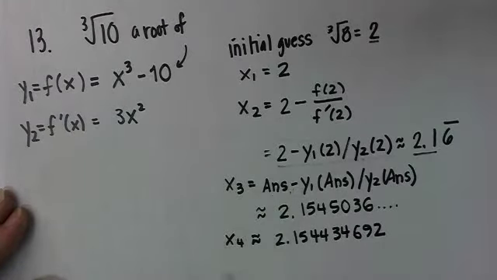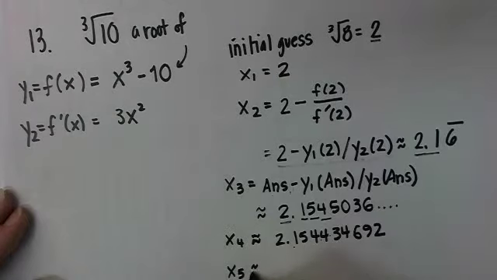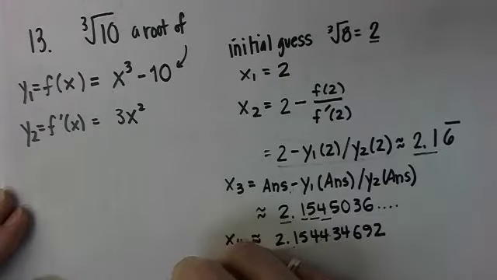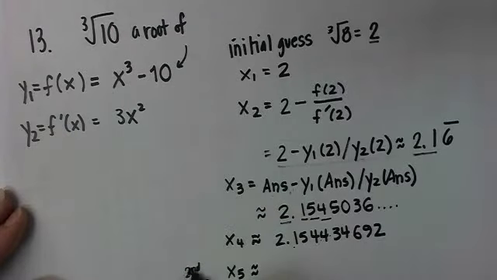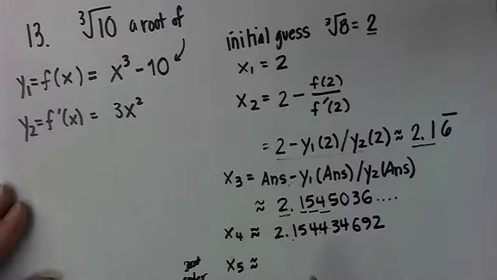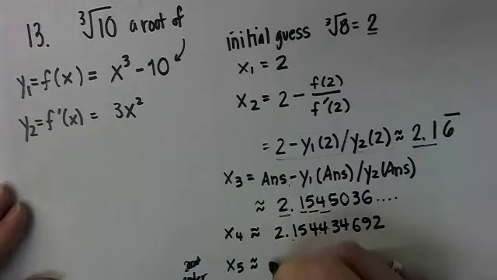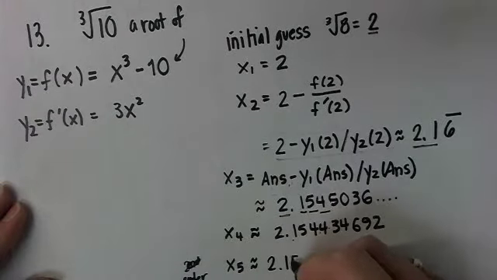So how accurate are we? Well, anything that agrees with the answer before it. So the 2's agree, the 1's agree, the 5's agree, the 4's agree, and then the 4 and the 5 don't agree. So we have it accurate out to 3 decimal places. And then x5, do second enter, which again pulls up your previous entry, only now your previous answer is this guy, and that's going to give you